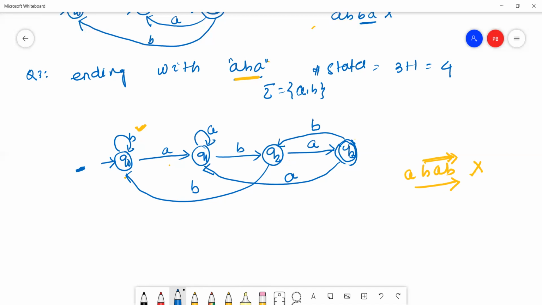Now we can also check, can B go back to the Q2 state? Yes, it can. But how?